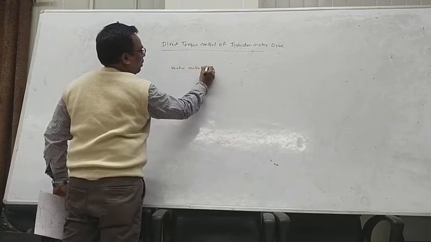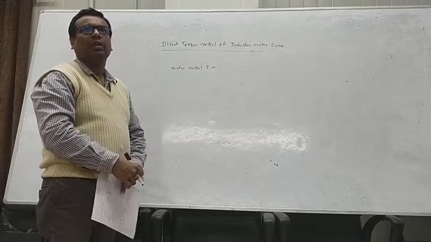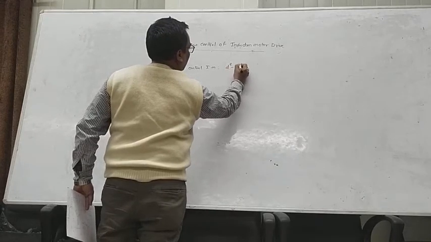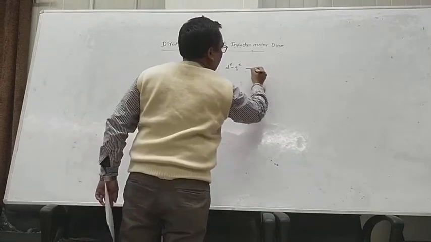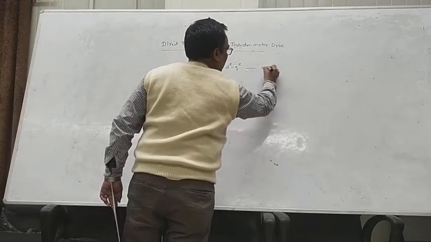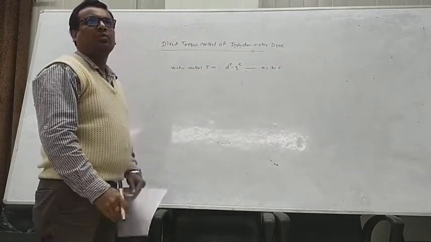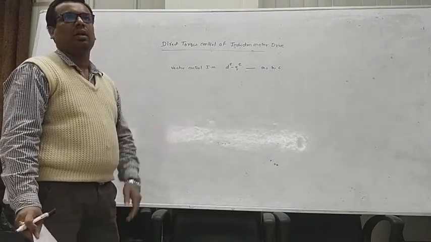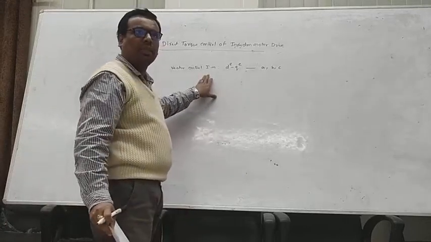we are using rotating reference frame variables, de and qe, and these variables are converted into stationary reference frame variables, which are a, b and c, that is ia, ib and ic. So we require a coordinate transformation block. A lot of mathematical transformations are required in case of vector control of induction motor drive.